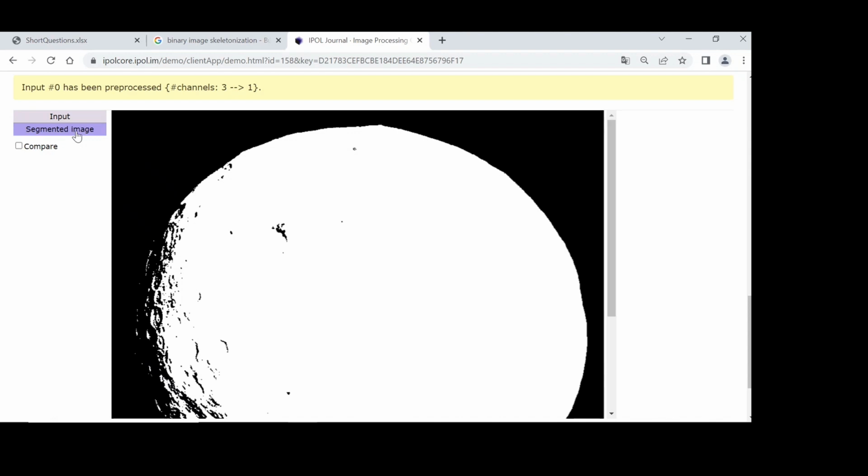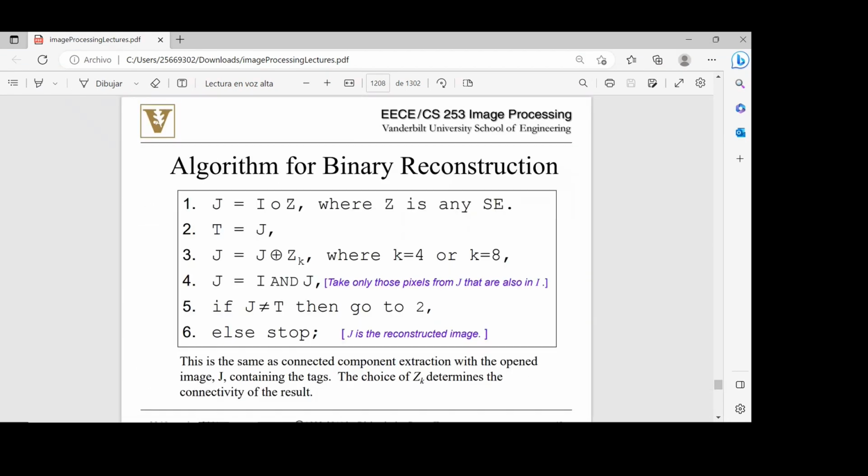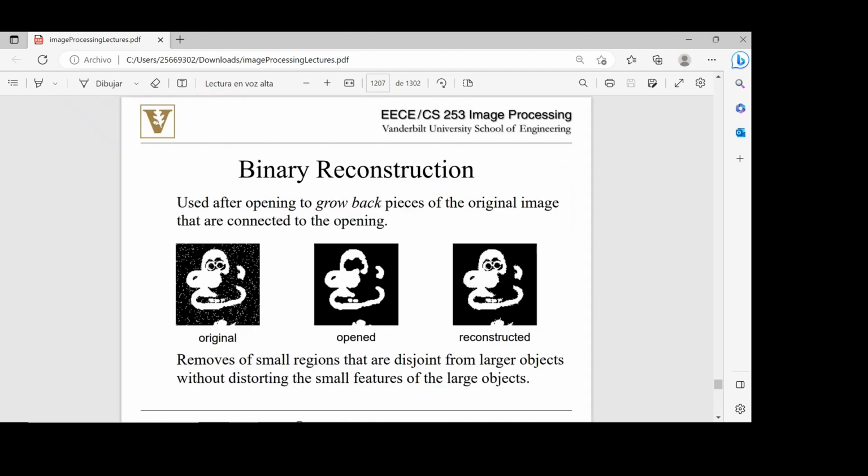Also, this application here, I like it a lot. Very, very interesting. Just with the raw operations, you lose information, but if you combine them in a clever way, then you can recover most of the interesting part of the image without losing, and you remove the noise around. Very good. Okay, so